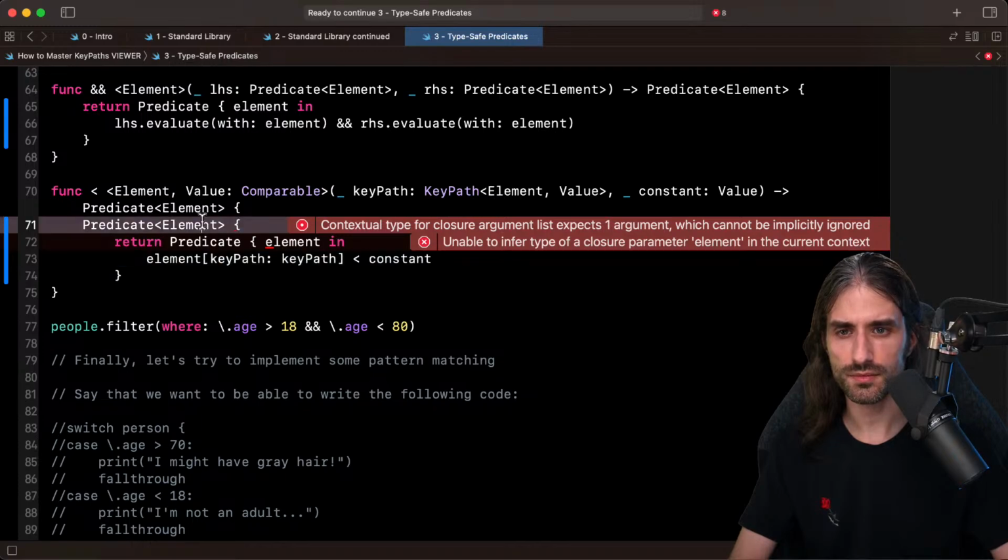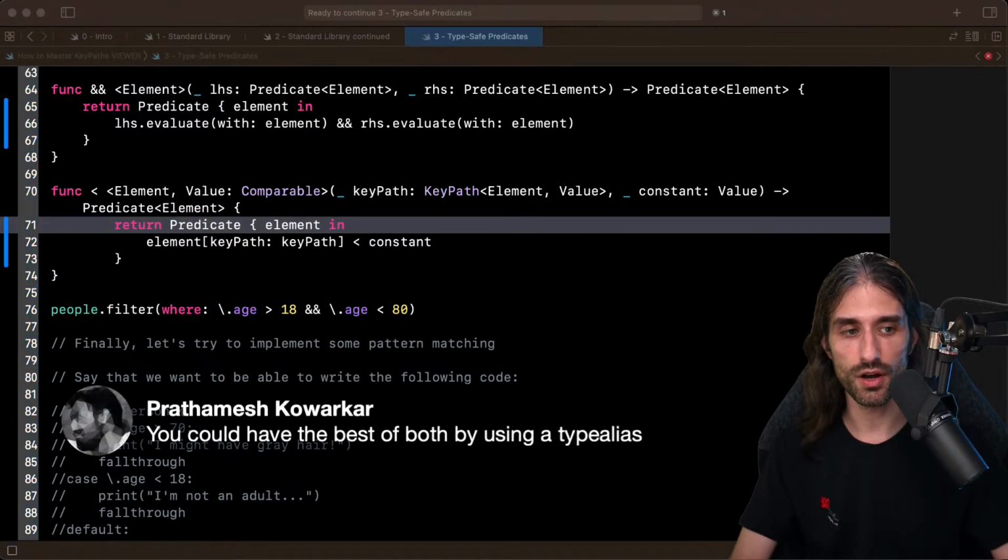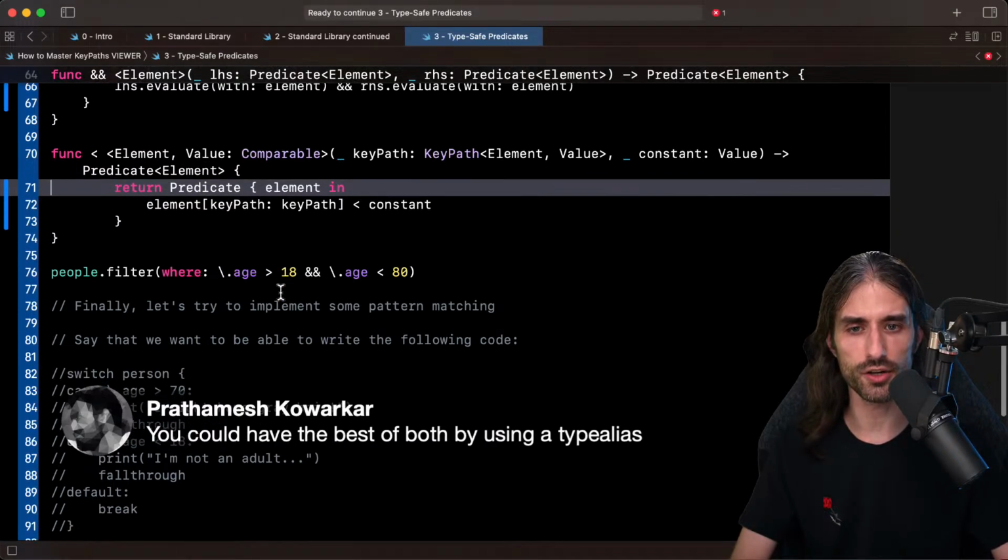And so I'm just missing, oh yes, I added one too many predicate. Very true. I could also get the best of both worlds by using a type alias. That's also very true. Yeah, that's a very good remark.